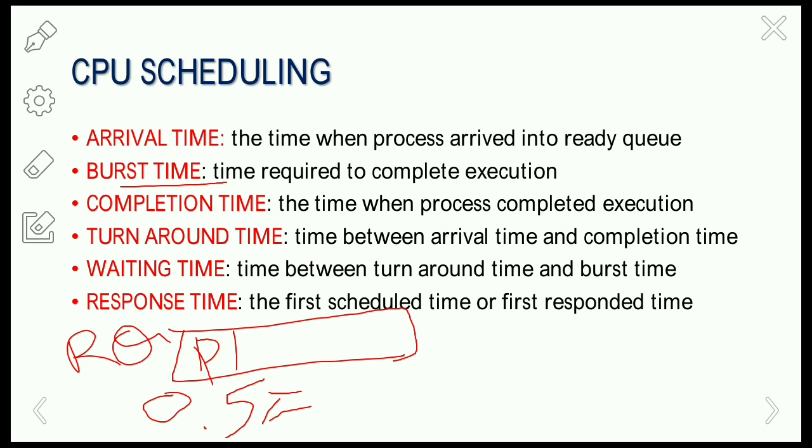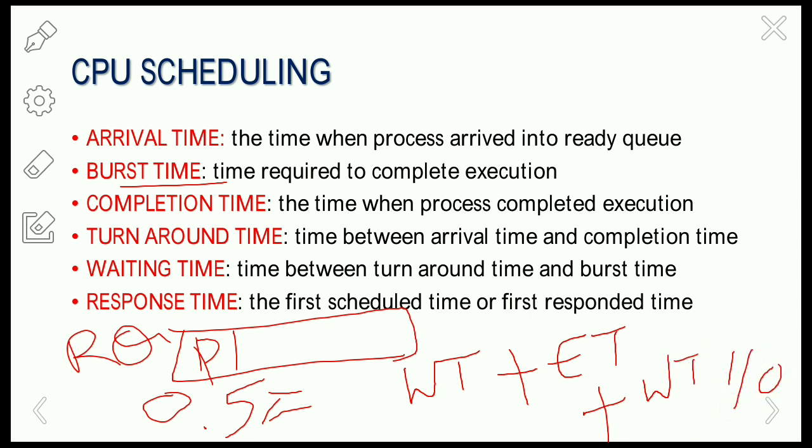So it is the combination of these three things: waiting time in the ready queue, waiting time for input output, and executing time.